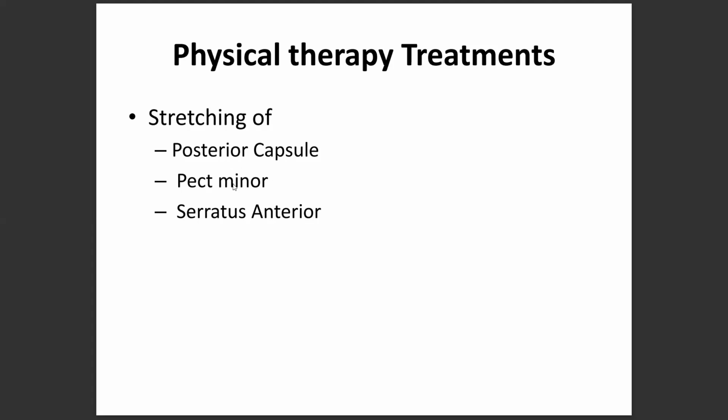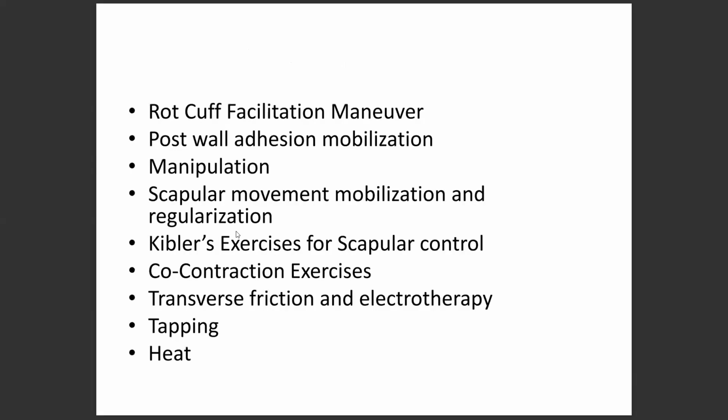Similarly, pectoralis minor stretching should also be added, as well as stretching of the serratus anterior. These are the different exercises and options, physical therapy and rehabilitation options, which can be used to treat the patient